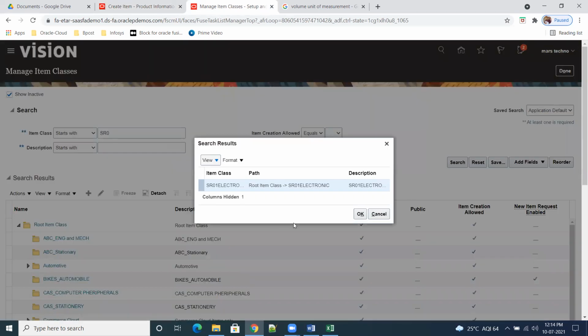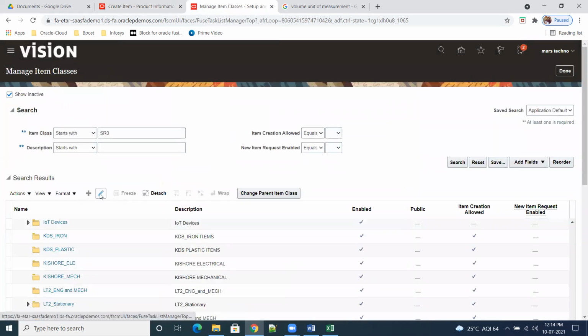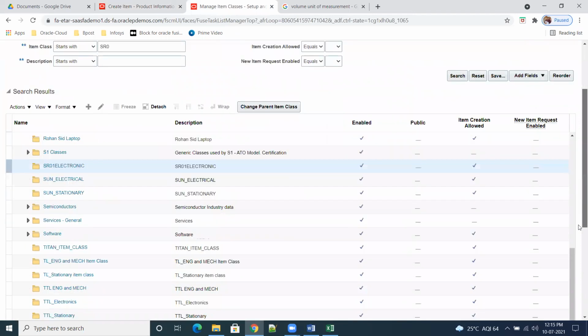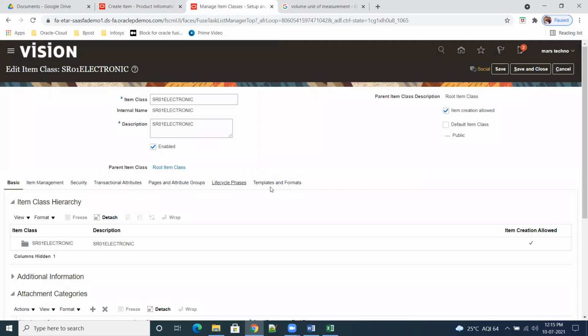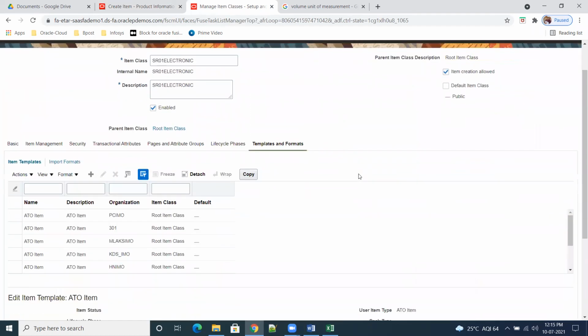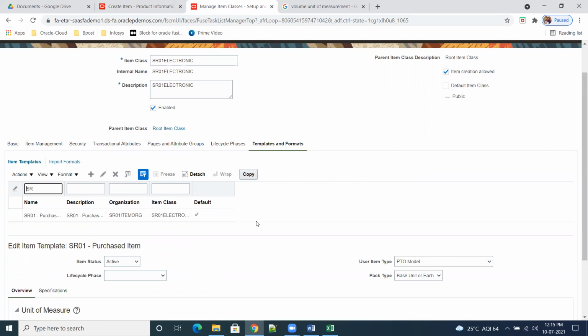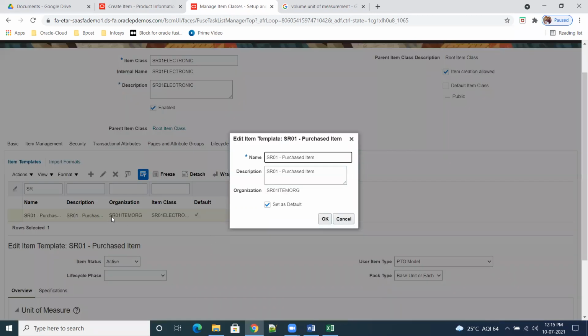Search item class. Click on OK. Go to edit. Go to templates. So SR. Hey, we added to SR01 item org.